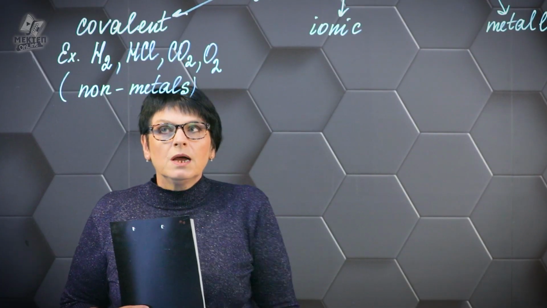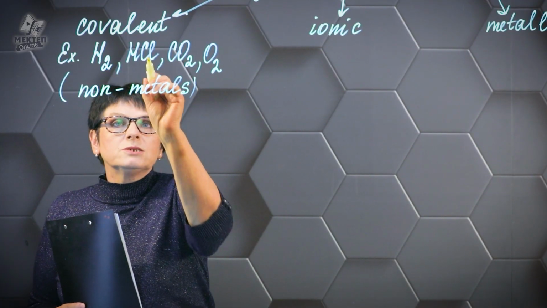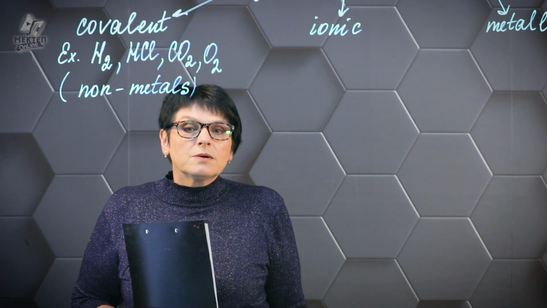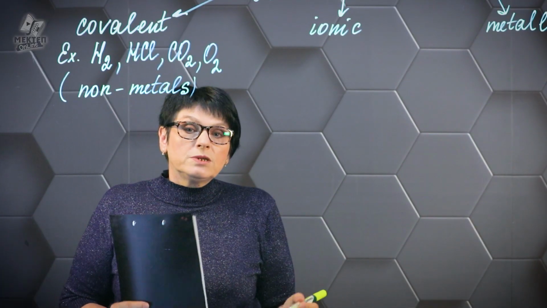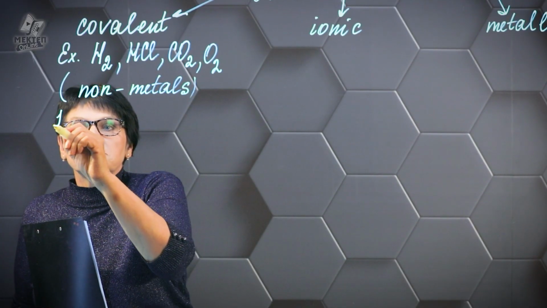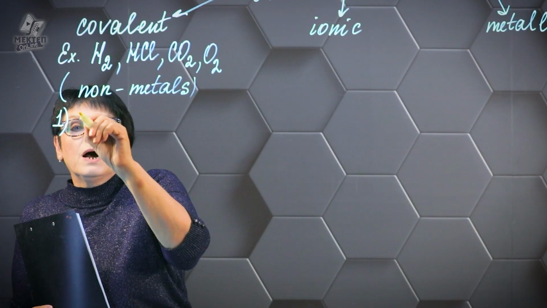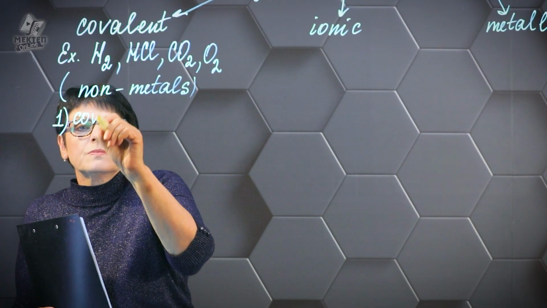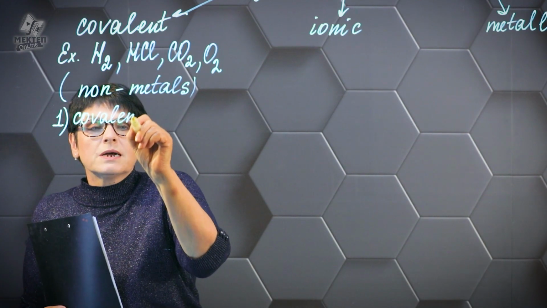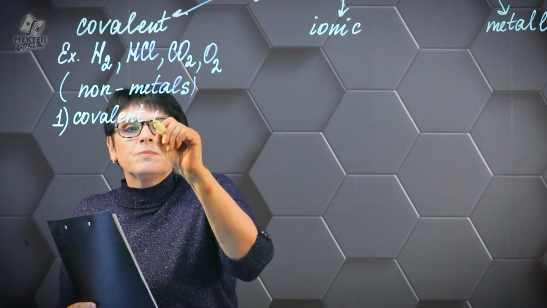For example, hydrogen is different from hydrogen chloride, if only because this is a simple substance and this is a complex substance. Within itself, a covalent bond is indeed subdivided: it can be covalent nonpolar,